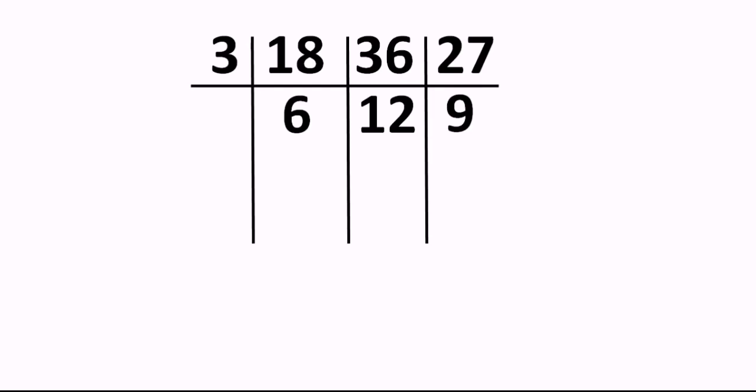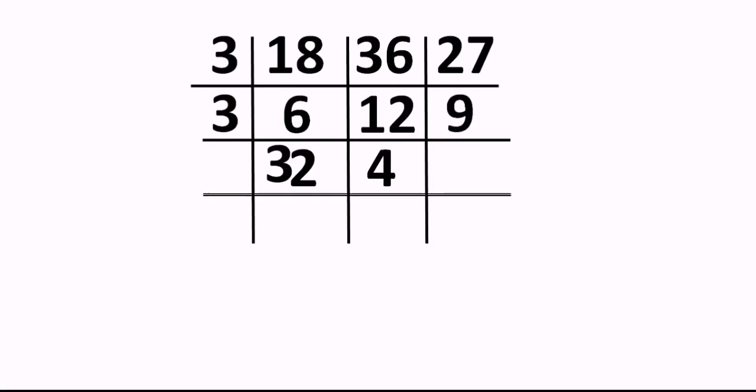Again, if you observe the numbers 6, 12 and 9, they are all divisible by 3 again, right? So divide them by 3, which results in 2 first, then 12 divided by 3 is 4, and 9 divided by 3 is 3. Now observe over here, we got three numbers 2, 4 and 3 at the bottom layer. So our rule says that we have to stop only when no two of them are divisible by the same number.